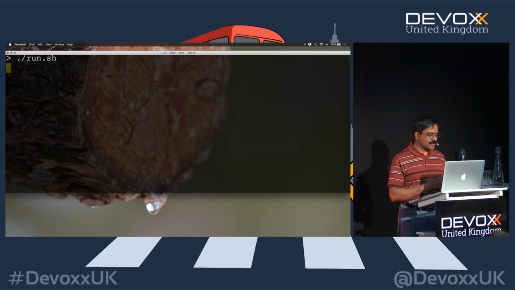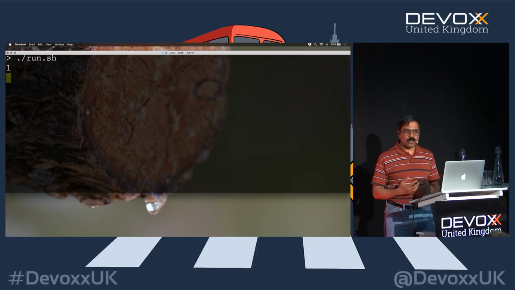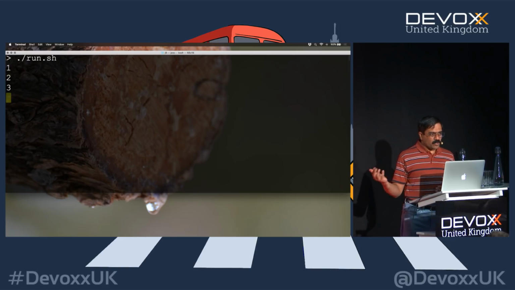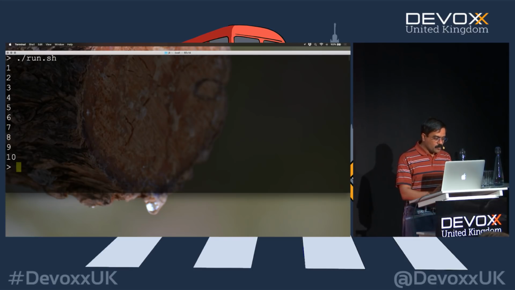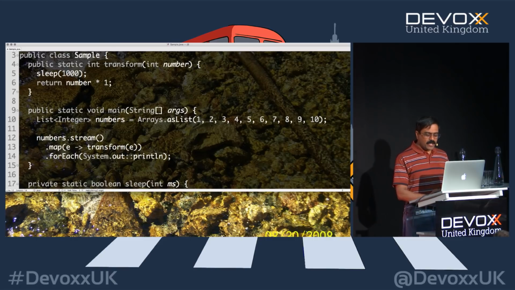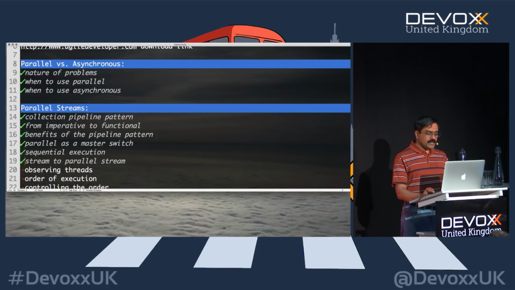We can easily see this. You can see that it takes about a second to run every single value. So clearly that's sequential execution, really not something hard to find out. At every single second, we get an output value from this collection. That's a sequential execution. But if I want to run this in parallel, I said this is a master switch.